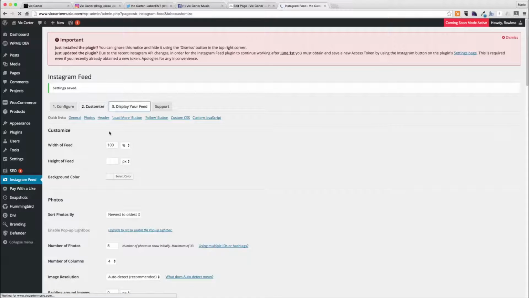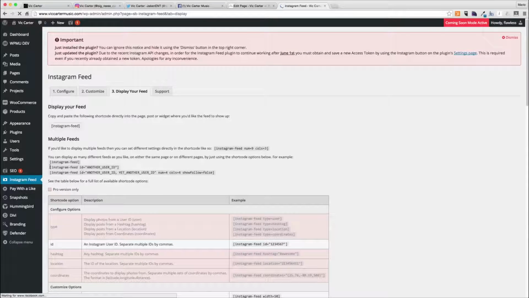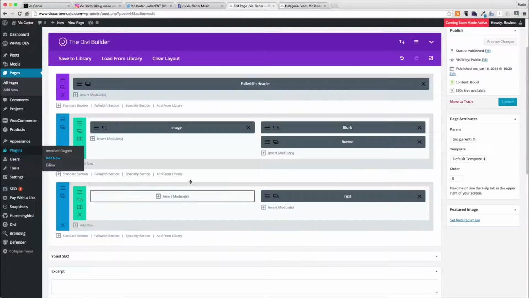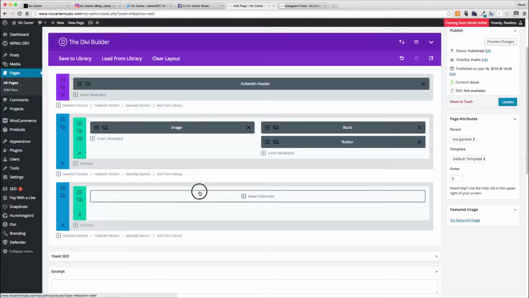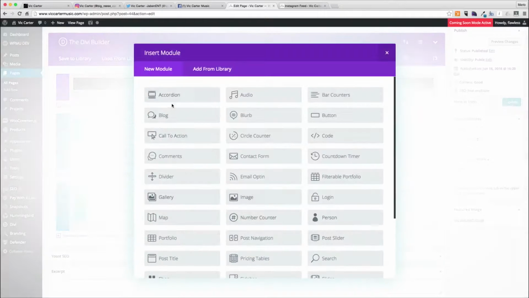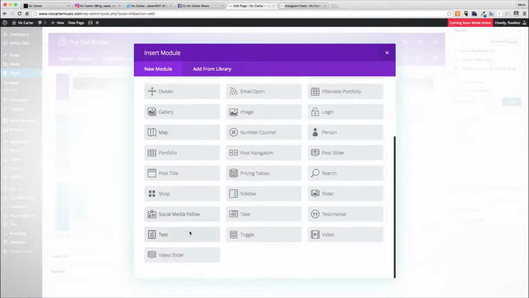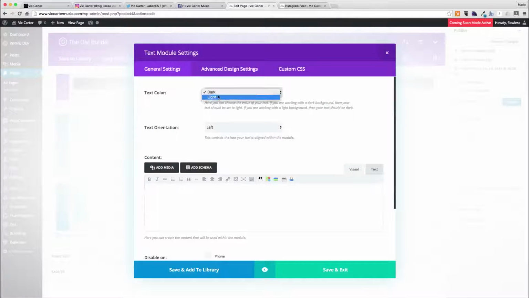Now if you check out your display your feed, you'll see that we have Instagram feed, another user ID. So I'm going to copy that and place that. I'm going to delete that. I don't need that yet. I'm going to put a text. We're going to go dark center Instagram feed. But I also want to put